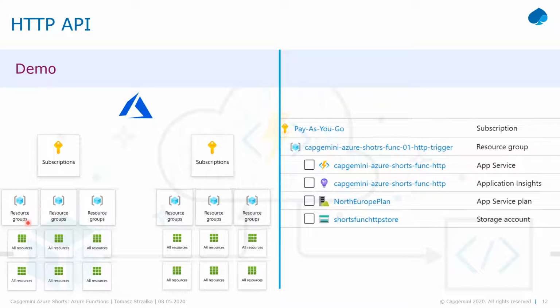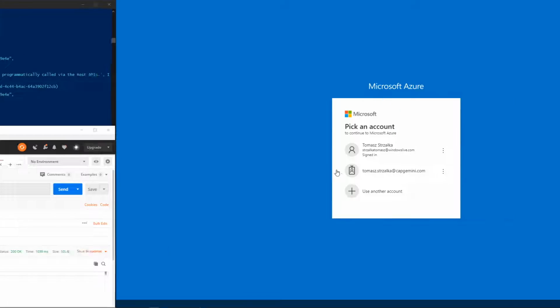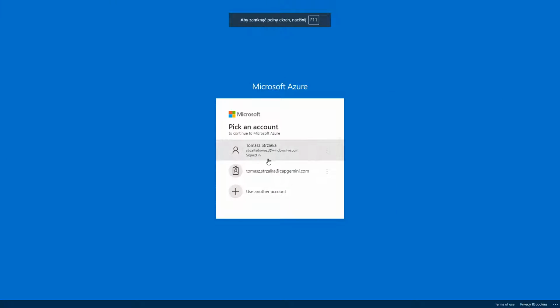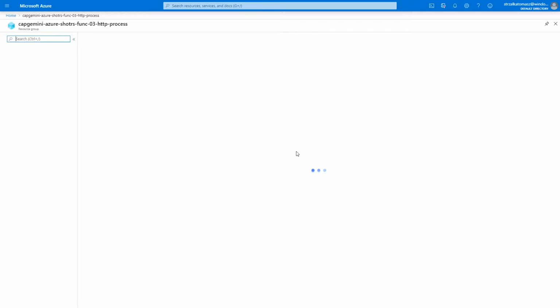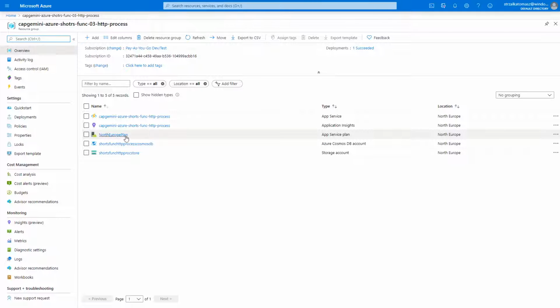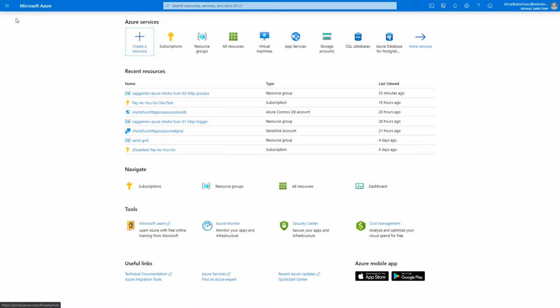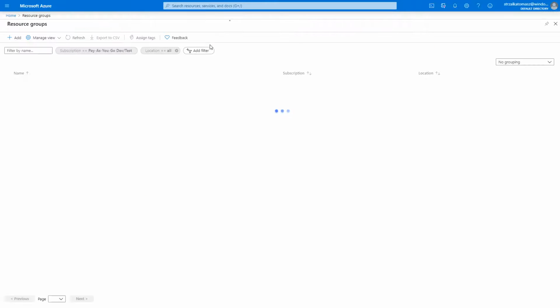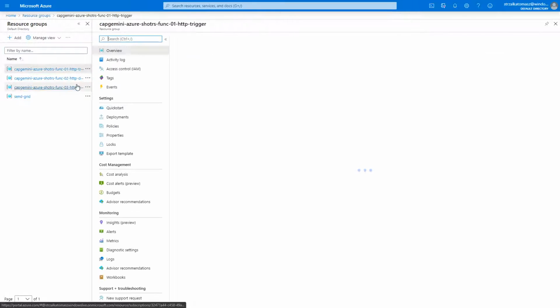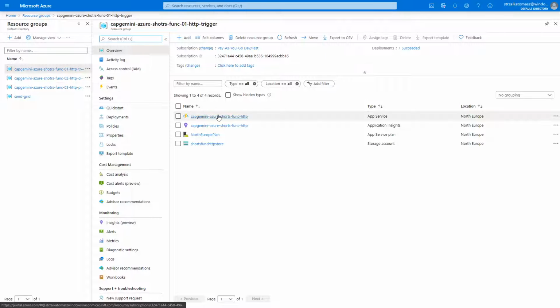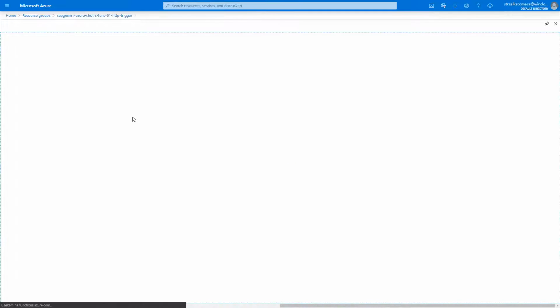And the resource group is nothing more than a bucket for all the resources you can see here. Yeah, this is our resource for Azure Function. So let's just go to the Microsoft Azure portal. Let's just log in. Now the easiest part is that if I go to my resource group, let's just select this one, go to my Azure Function resource,